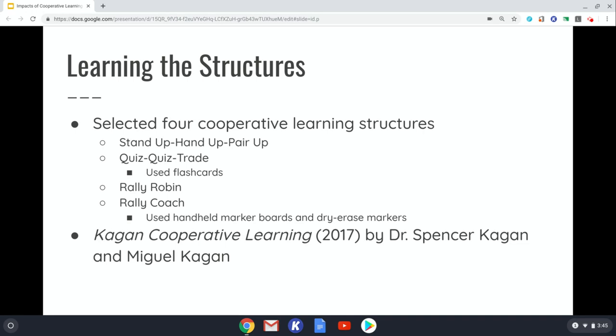With this structure, I would first give my students a question or topic, like what are things that start with the letter S? And then I would tell my students, go. They would stand up, put their hand up, and walk around until they found someone to partner up with. They would then slap their hand, greet them like, good morning, how are you? And then ask the question, what can you think of that starts with the letter S? Both students in the pair would get a chance to answer the question.